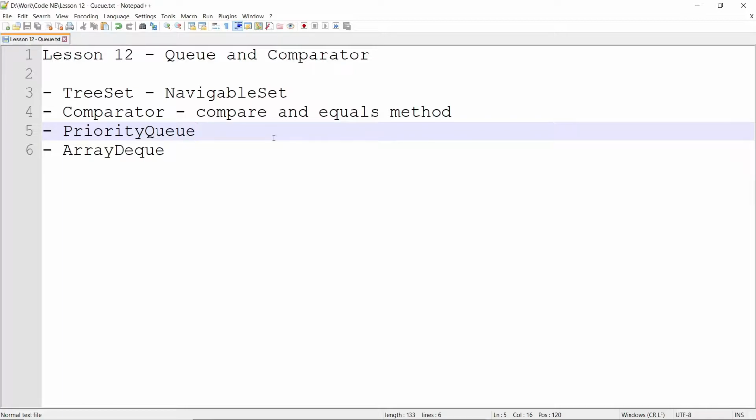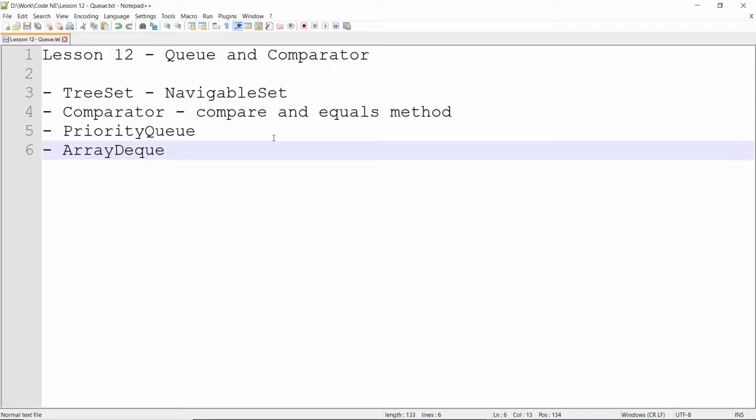But before that, I want to do a quick recap of TreeSet, as I missed some points in our previous lesson. In the previous lesson I told you that in a TreeSet the elements are in a sorted manner. I also showed you what the Comparable interface is. But now you need to know that TreeSet implements NavigableSet. That means we will be able to extract a subset, or extract an element that is closest to the argument that we provide.